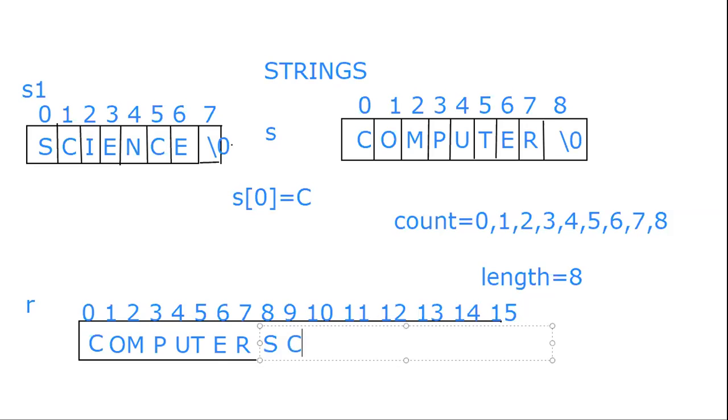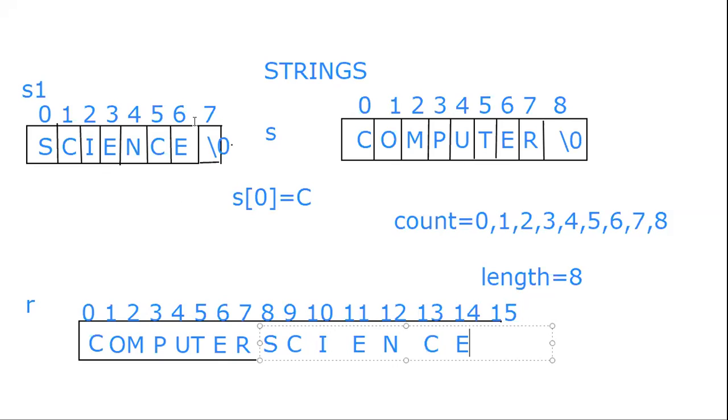So next I becomes 2, J becomes 10, we copy the next letter. Next I becomes 3, J becomes 11, we will copy the next letter. Okay, so here E. Similarly, I becomes 4 and J becomes 12, we copy the next letter N. Again, I is incremented, it becomes 5. Then J incremented, it becomes 13, we copy the next letter C. Right? Next, I becomes 6, J becomes 14, we copy the next letter E. Now, I also gets incremented to 7, J gets incremented to 15.